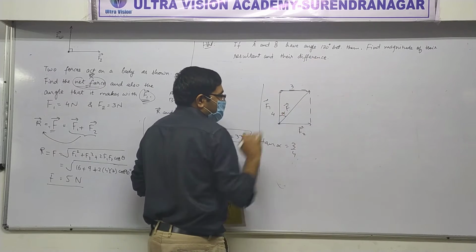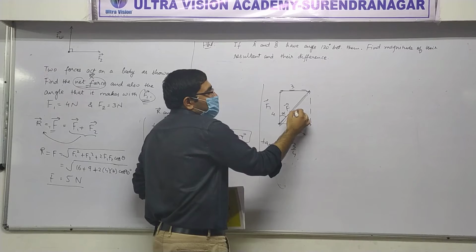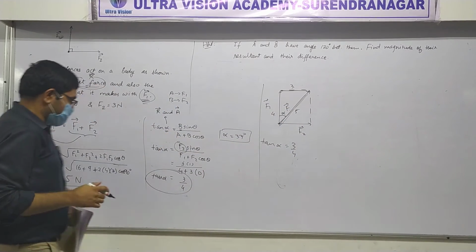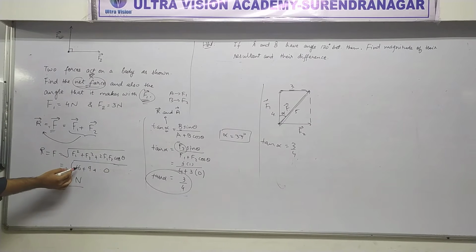Anyway, suppose you want to find F now. This is 4, that's 3. This is hypotenuse. Yes or not? They 5. Clear or not? In fact, you can see something like Pythagoras theorem here also, if you put this 0. Okay? 4 square plus 3 square under the root. You learned Pythagoras theorem. Yes. Did you understand all this?